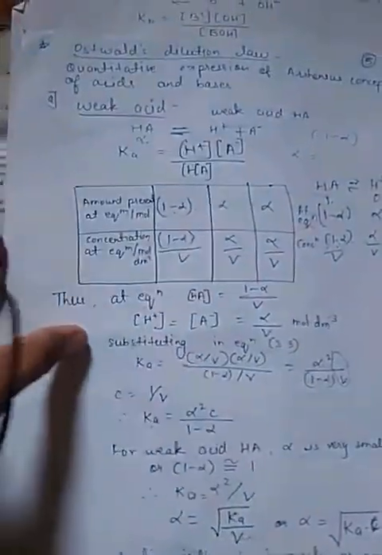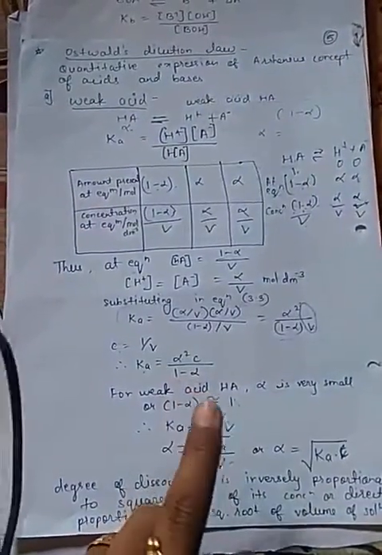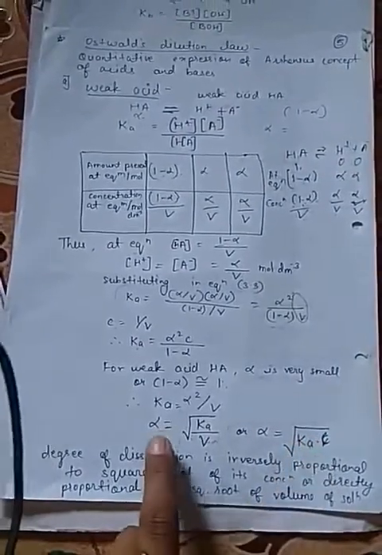So the next part, depending upon this dissociation constant, we have seen the dilution law, that is Ostwald's dilution law. Ostwald's dilution law for weak acid and weak base, it is the law which tells the relationship between degree of dissociation and the concentration. So degree of dissociation, equilibrium constant of weak acid, and the concentration or the volume of the weak acid or weak base. That was Ostwald's dilution law. So we have seen this derivation. These derivations are very, very important because they are asked in board exam also. So please remember these derivations and practice them.